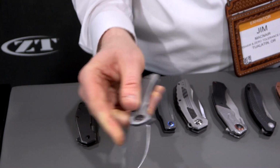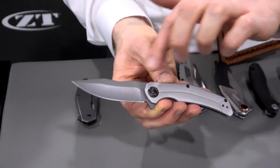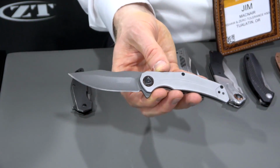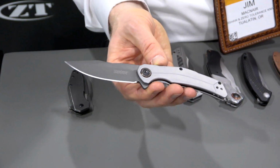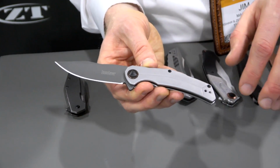Next up, we have a couple of cool new standard series knives. So this is a new one called the Believer. This is an 8CR13 MOV blade. It has speed safe assisted opening. We have a gray PVD finish on that blade, bead blasted steel handles,